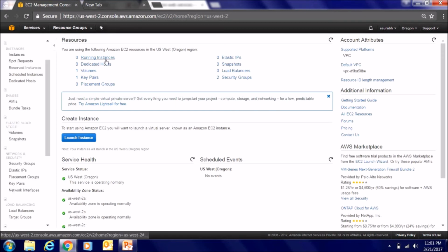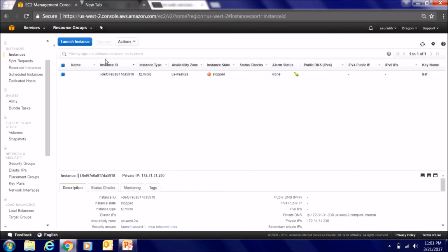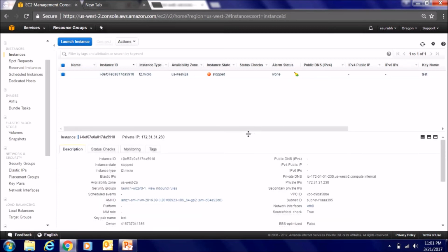I'll just click on running instances. All right, so you see one instance which is in stopped state. Now it's very important that we stop the instance when we are not using it, as a part of the demo also, because Amazon charges you when you are running something.